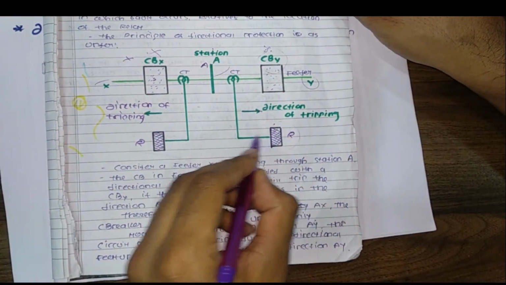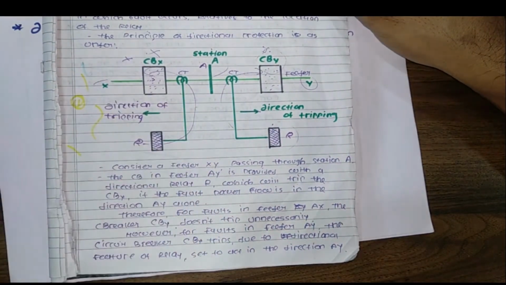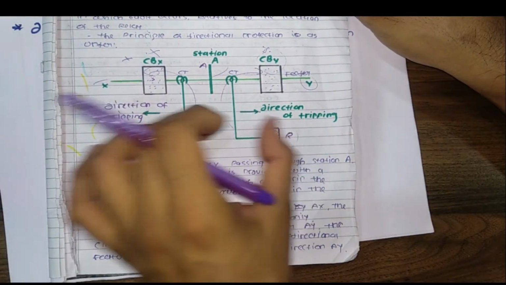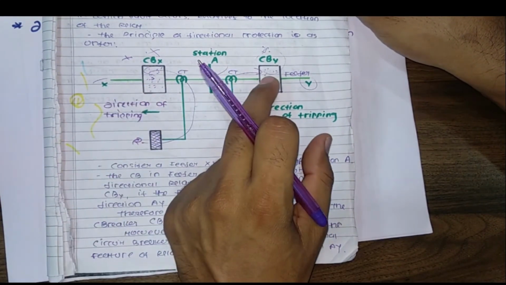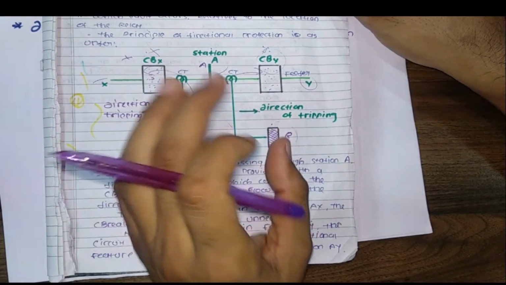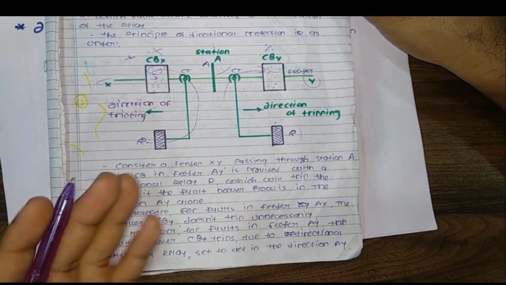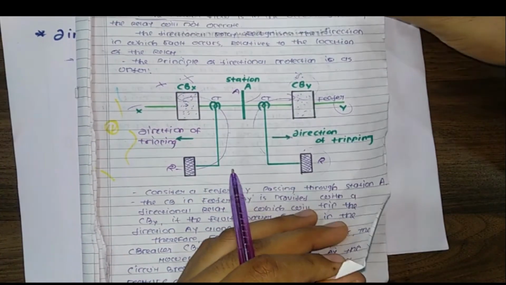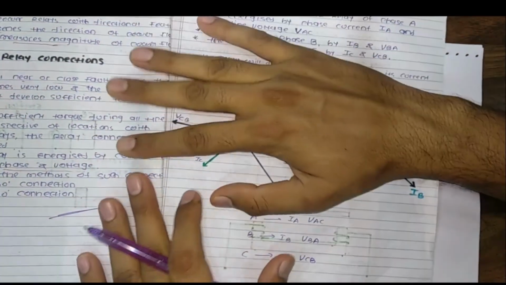This particular relay will operate this circuit breaker, and this particular relay will operate that circuit breaker, each in its own direction. This one will not operate the other circuit breaker, and vice versa. So this is how the directional power relay works. A number of tappings are provided to the current coil with which the desired current setting can be achieved. Also, restraining torque is provided by the spiral spring.